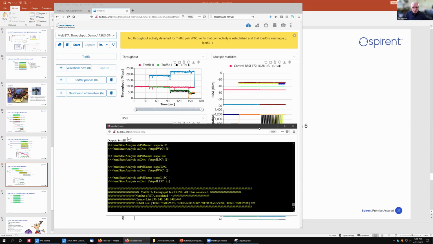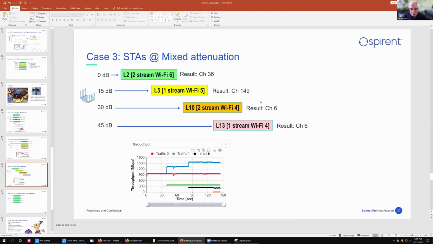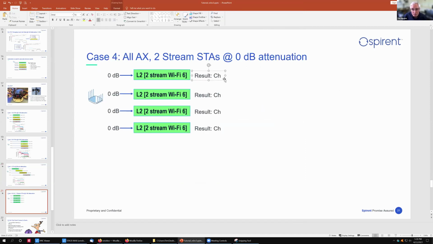In the best case here, the router should have taken 2 stations to 36 and 2 stations to 149, but it didn't do that. In this case, we ended up with 36, 149 and 149.